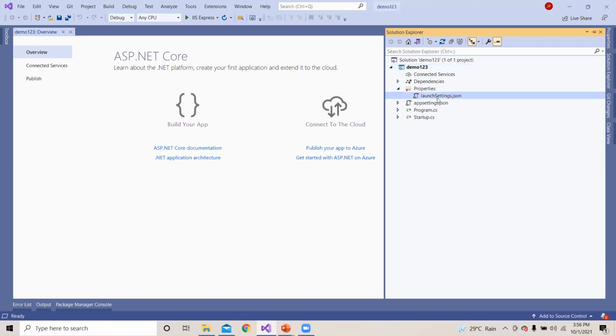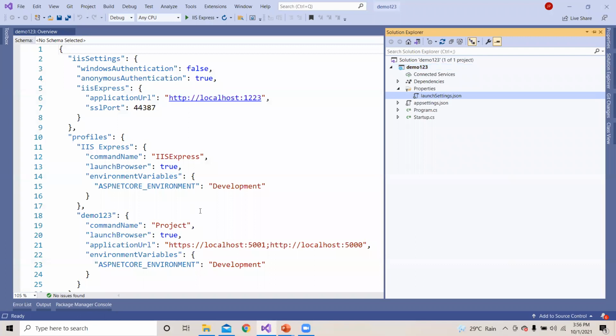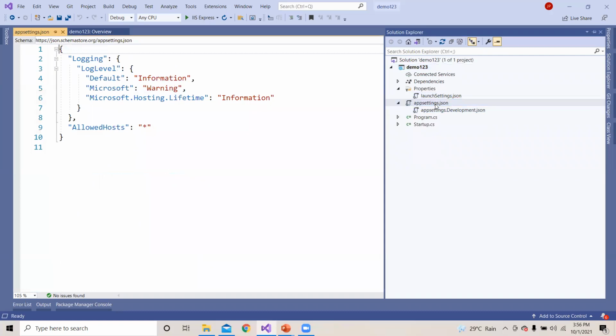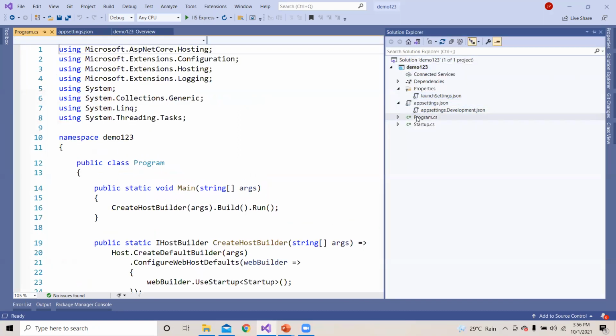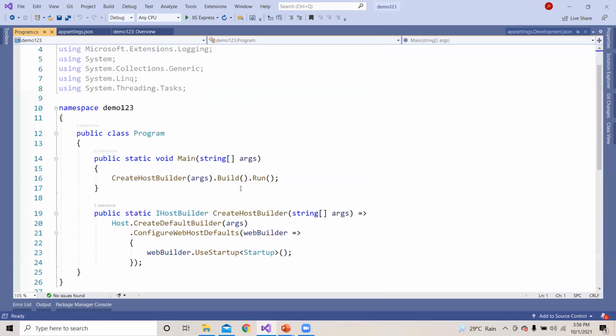Within the properties, I have got launchSettings.json. This contains the IIS settings, and I'm going to discuss this project structure in our future slides. So this contains all the profiles as well as the IIS related information. appsettings.json is one of the files which has all the information regarding the logging: what is the default information, Microsoft warning, as well as Microsoft.Hosting.Lifetime information. Next it contains Program.cs, which is the main startup of your entire application,